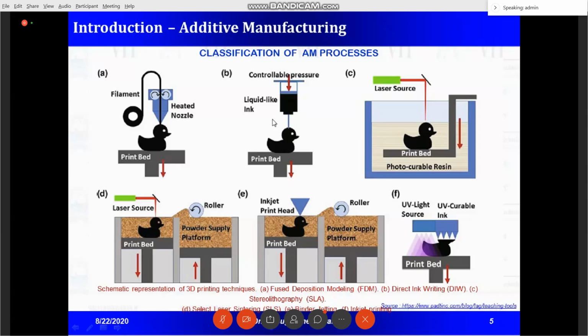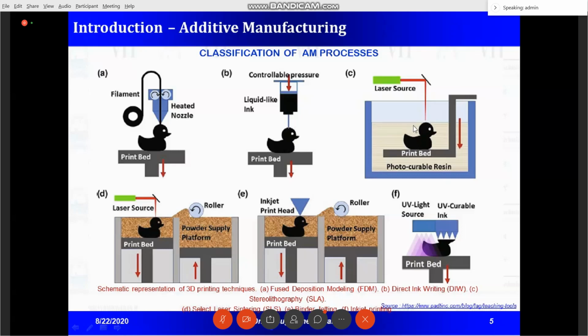Another process, which is also an additive manufacturing process: you have an ejector mechanism, and on top of the ejector mechanism you have a deformable diaphragm. You apply a pressure, so the liquid will come out of this injector and get deposited, and this will be repeated layer by layer to get a 3D component. Another process, you will have a tank.